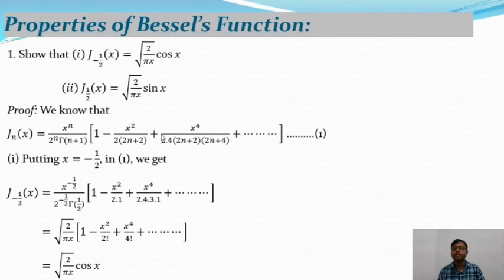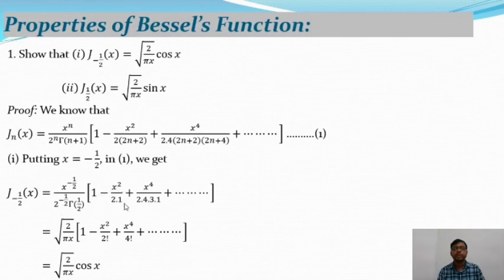That means in equation 1 we get J of minus half of x. This is the Bessel's function of order minus half. After putting the value n equal to minus half, we will get x to the power minus half by 2 to the power minus half into gamma half into 1 minus x square by 2